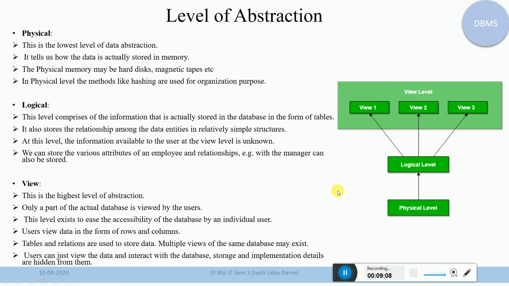Now the third level is the view level. This is the highest level of abstraction, and only a part of the actual database is viewed by the user. As I already explained, we have multiple views as per the requirement. Here I have mentioned only 3 views, but actually you may have multiple views as per the requirement.